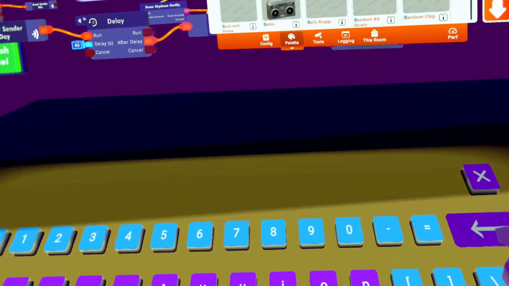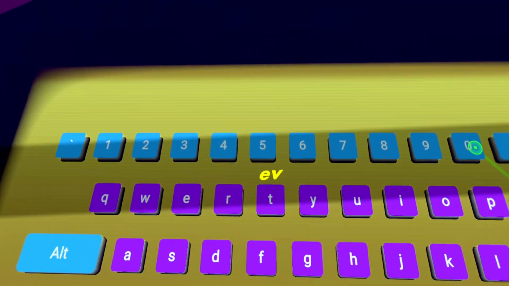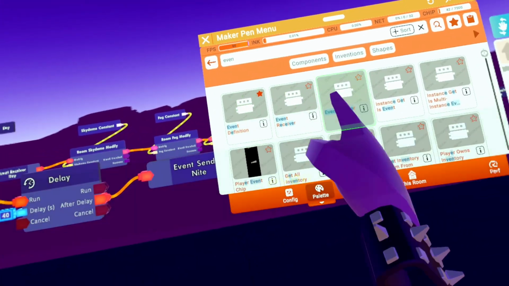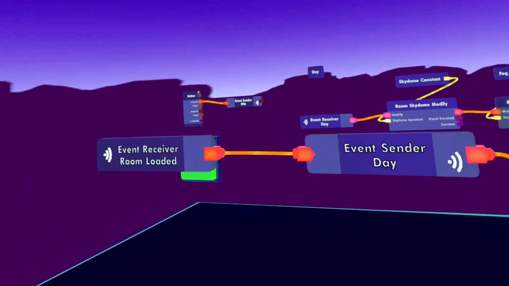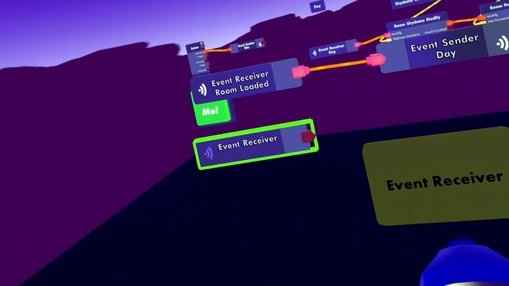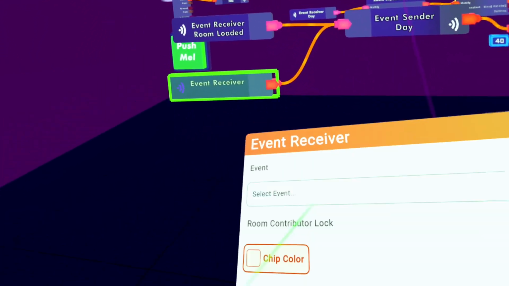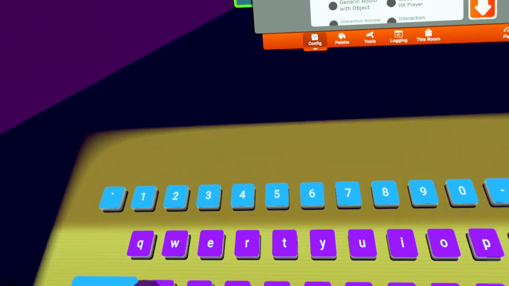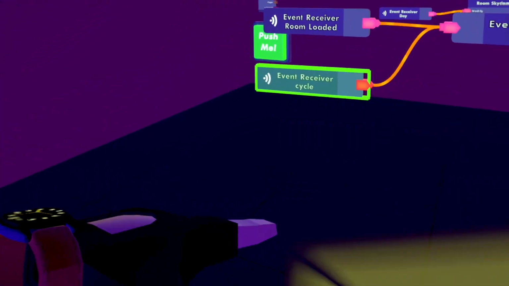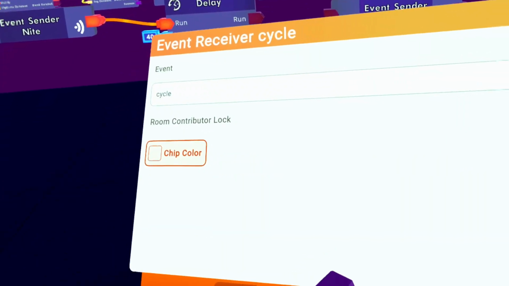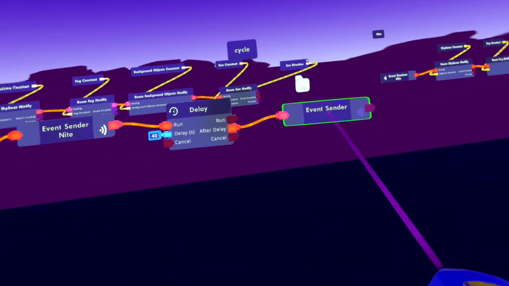And instead of doing the delay, we will use an event sender here and an event receiver to restart it. So this is basically doing the same. What did I call it? Cycle. That's basically doing the same as if we connected here directly. But what we can do here